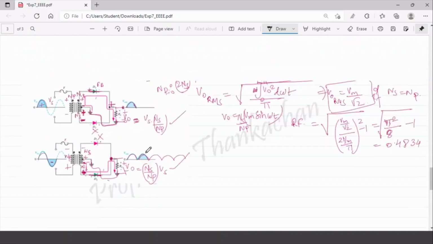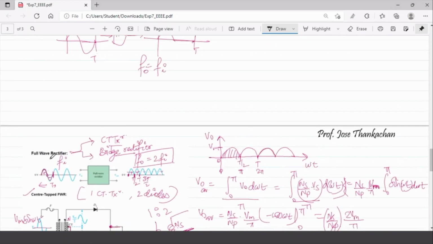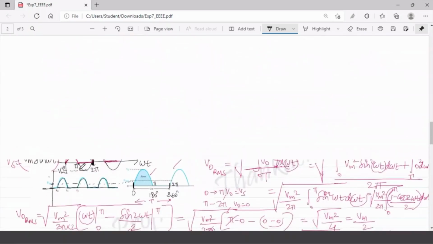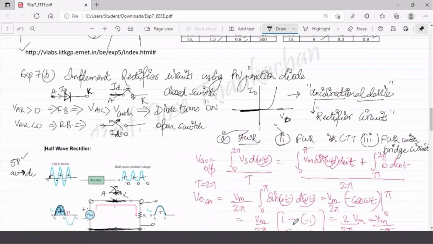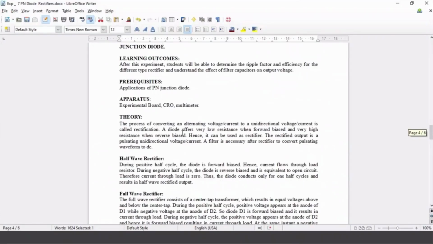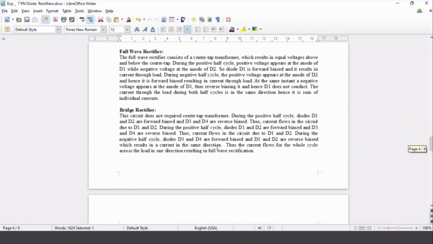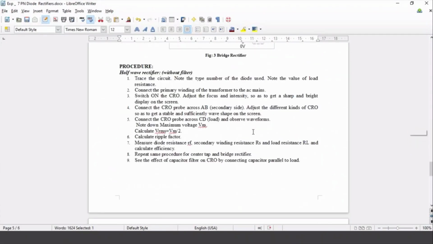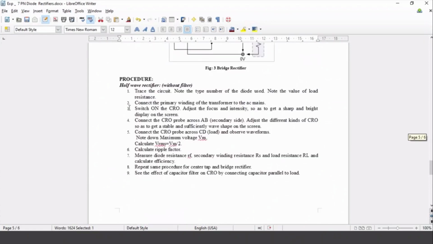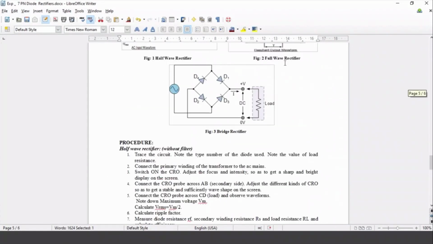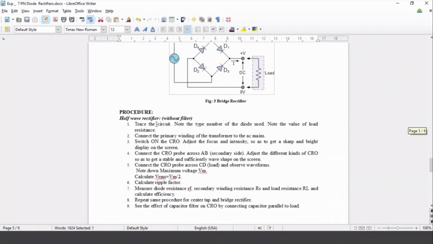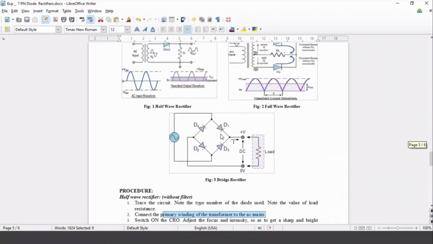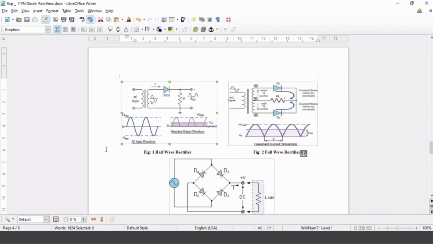So this is the bridge rectifier circuit, this is the center tap rectifier, and this is the half wave rectifier. So this is the B part of your experiment. Now as far as your manual is concerned, what are you supposed to do? The small theory is given to this, and these are the circuits which I just now explained. What we need to do is to connect these circuits. So first of all, we need to connect this particular circuit for both half wave, full wave, center tapped and bridge rectifiers, and connect the primary winding of this transformer to the AC mains. That means this primary of this is connected to the AC mains for half wave rectifier.